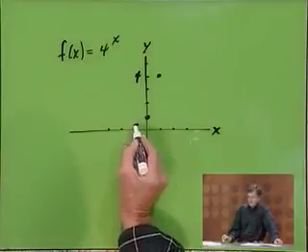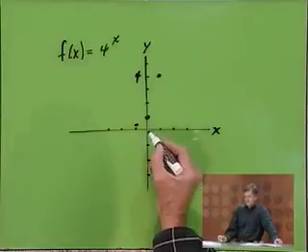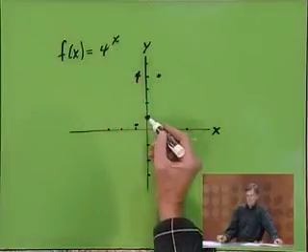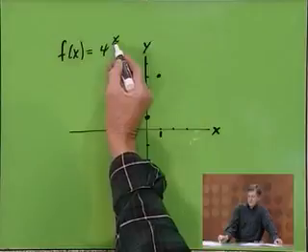Now, you notice I'm doing this in a rather mechanical way, but I think all of these values make sense because when I choose x to be 0, I get 4 to the 0, or 1. When I choose x to be 1 right here, then when x is 1, 4 to the